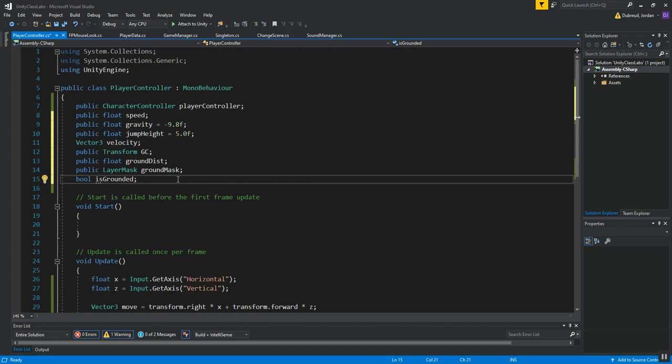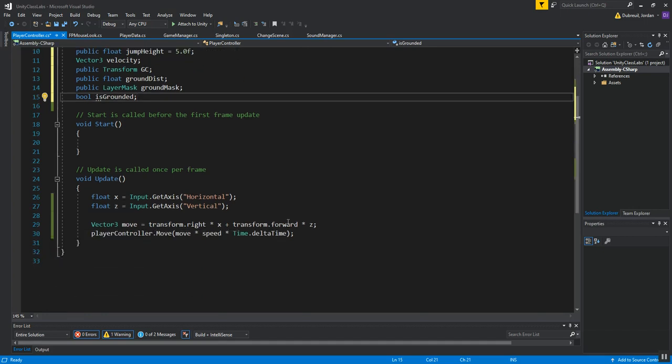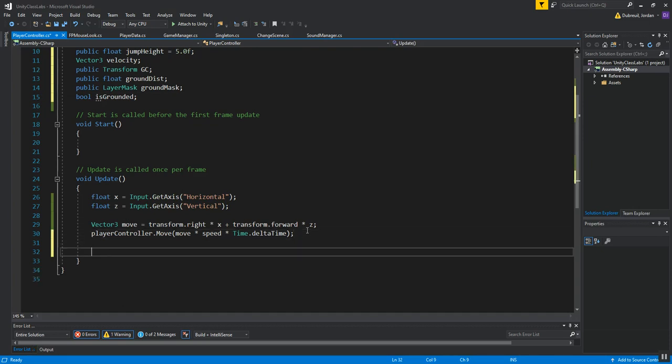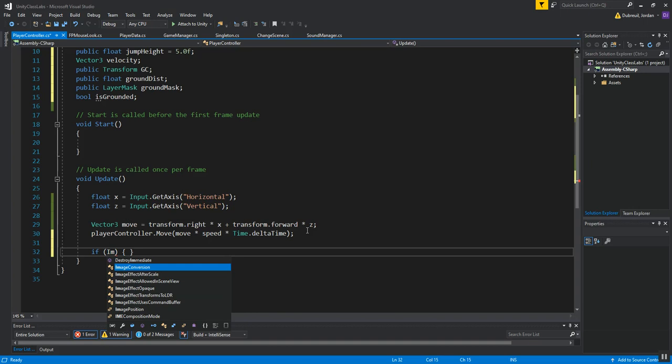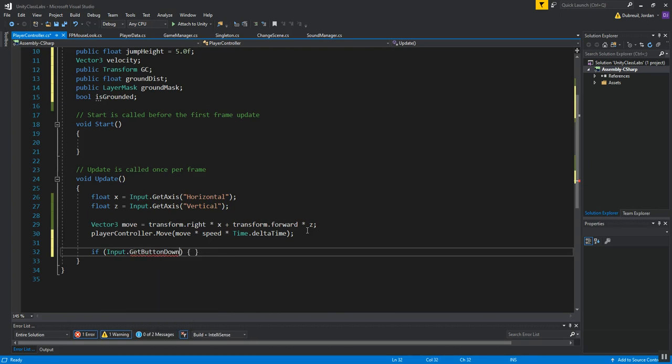I guess the first thing we can do is make this guy jump, right? So at the bottom of our update function here, I'm going to create an if condition, and I'm going to check to see if Input.GetButtonDown, and this is another built-in axis called Jump. So if Input.GetButtonDown is Jump,